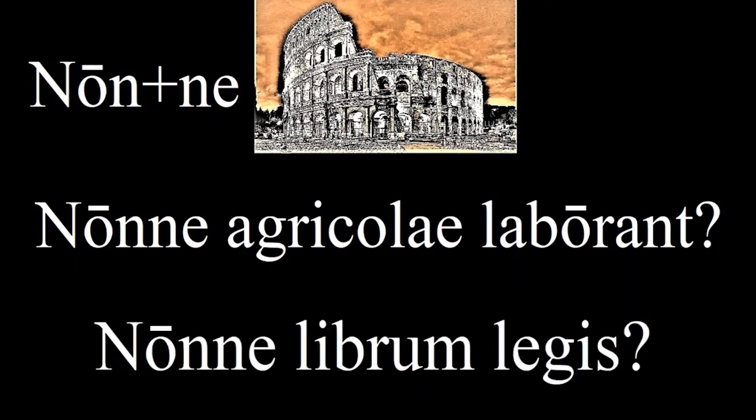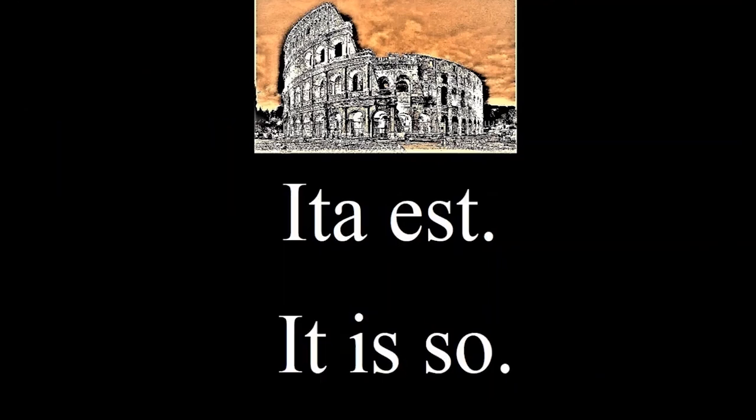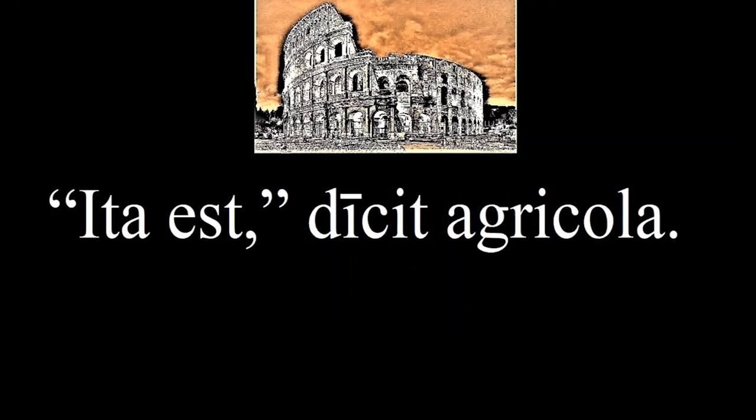One way to say yes in Latin is ita est. Ita means so. So this literally means it is so. Kind of cool, huh? In the next sentence, I'm sure you can figure out the new word from context. Ita est dicit agricola. Yes, says the farmer. The words diction and dictate are derived from this word. We will start seeing this now in the stories when there is quoted speech.